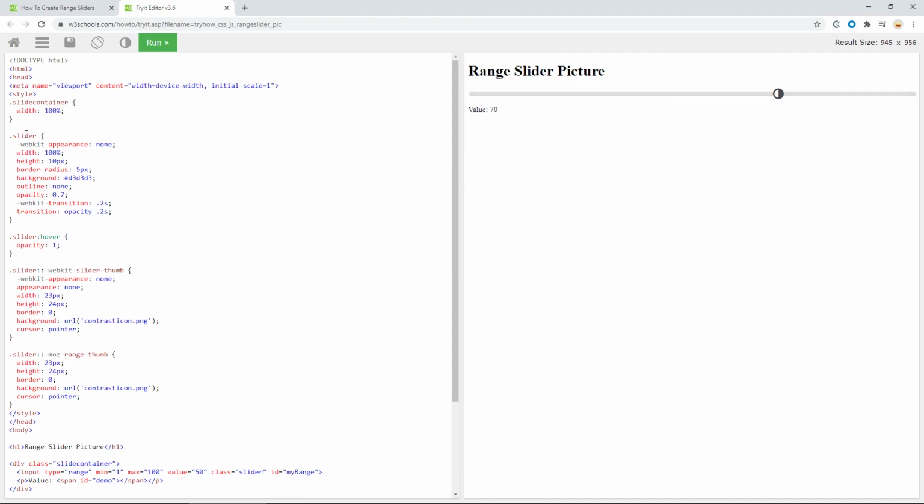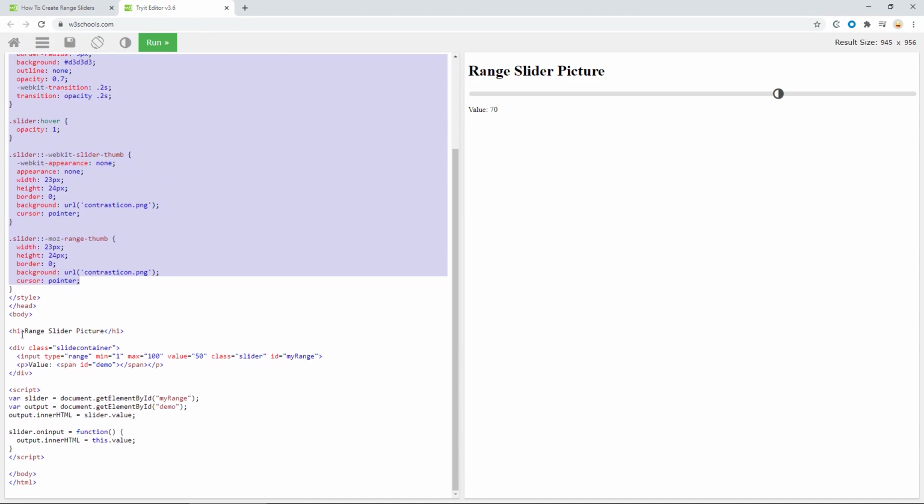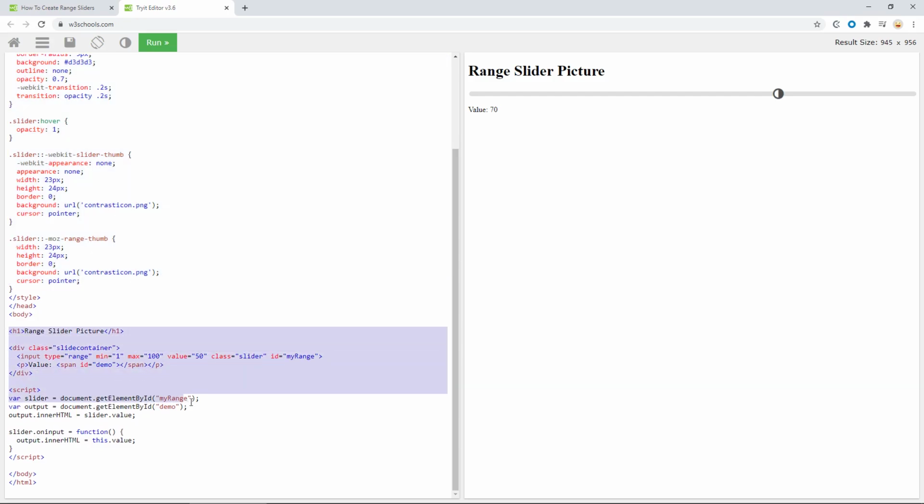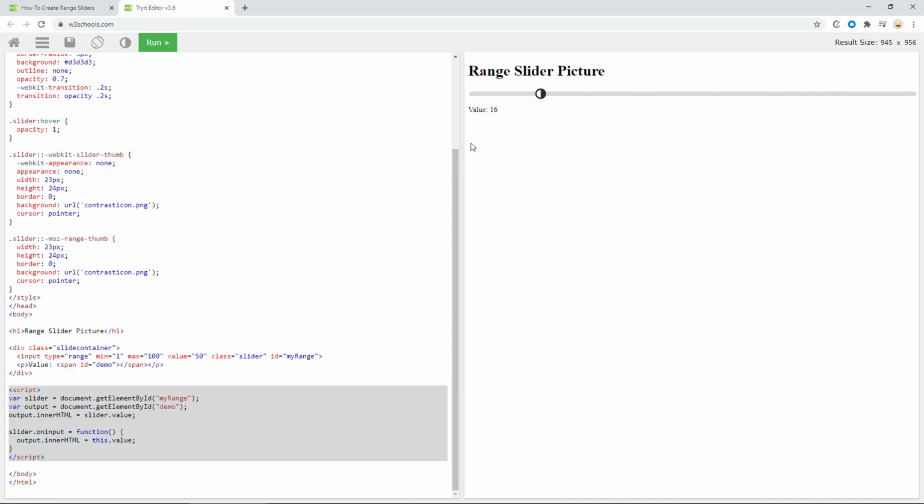What you can see here is the style sheet, the CSS part of it. Down here is the HTML part, and down here is the JavaScript part. In the next step, we will just copy these into multiple documents that are set up for our pixel streaming project.